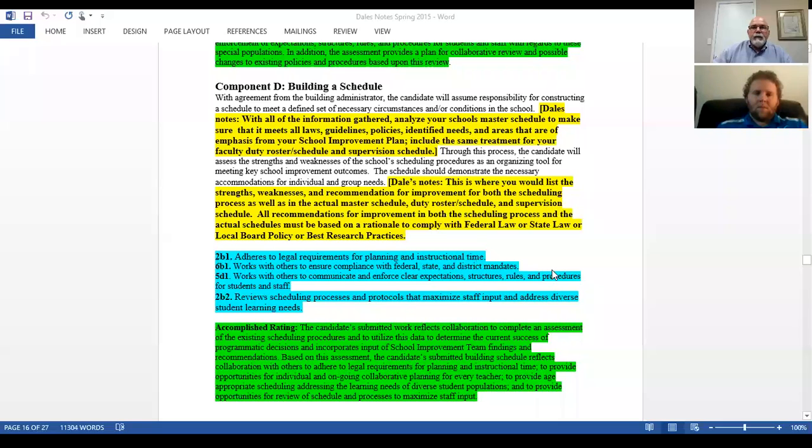All right. Analyze schools' master schedules, make sure it meets all the time. You would list the strengths, weaknesses of your schedule and the scheduling process and recommendation for improvement, both the scheduling process as well as the actual master schedule duty roster. So you list the strengths and weaknesses, what was good about it, what was bad about it, both the process and the actual product,